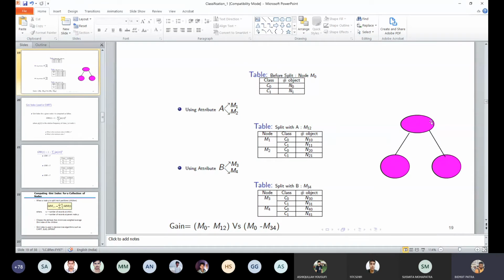Because M0 is fixed, to get the maximum difference, the value after partition should be the minimum. Wherever the minimum is, the difference is more, so we get more gain, and then we choose that attribute, A or B. For computing M12, we use the Gini metric. So here we go.